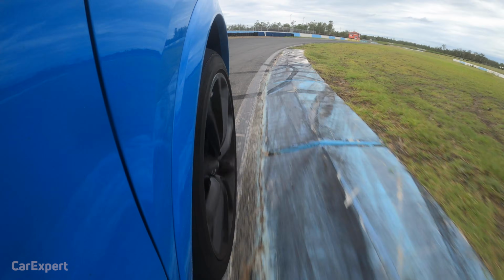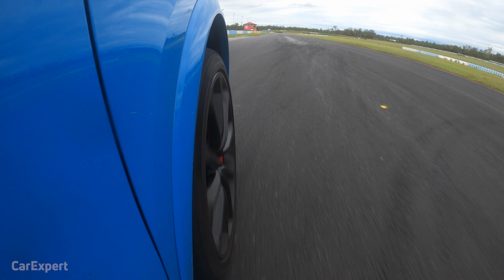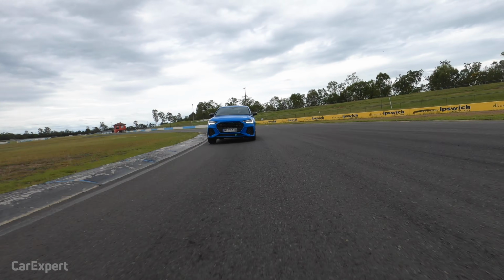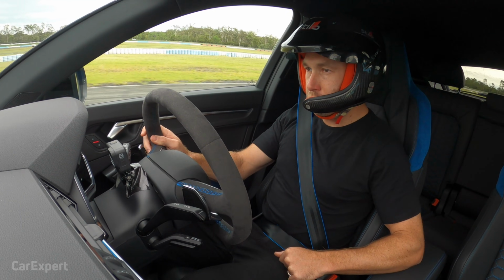Steering feels decent, but just a bit light initially. It'd be interesting to see how that feedback is as we build up the pace, see if we gain any more. The brake pedal,